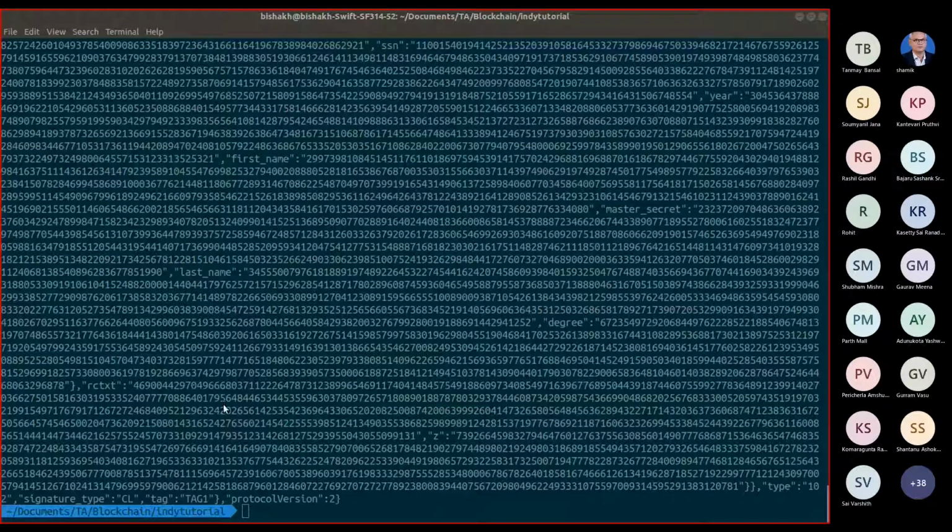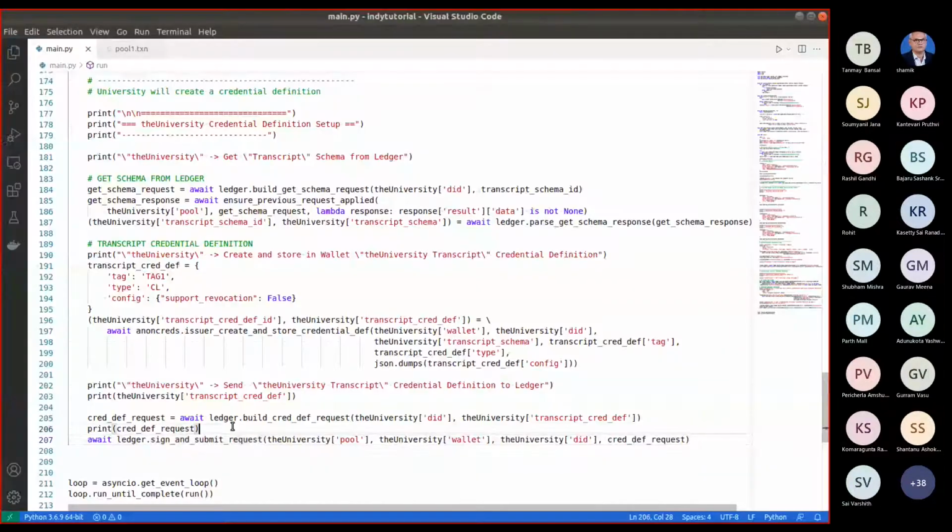So at this point we have the credential definition registered also. Let me comment out this line and this line so that it is clean. So what does the Indy ledger have now? The DIDs of the government, university and company, the credential schema, which defines the structure, and the credential definition by the university, which says if we get a credential from the university, how it can be validated. So at this point, the university is ready to issue a credential to someone.